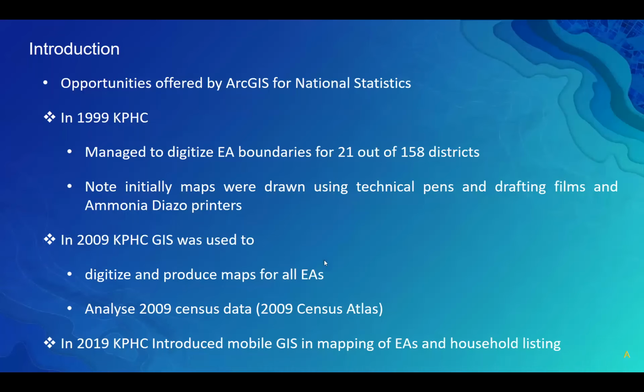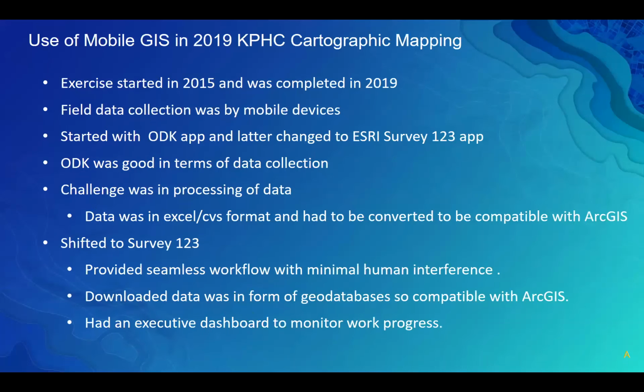And in 2019, as the DG said, the use of ArcGIS has improved over the years in KNBS, we introduced what we call mobile GIS in mapping of EAs and household listing in the entire country. I won't get into details because Laban has really taken us through on how Survey123 works, and it really worked for us. But I want to say in 2019, KPHC, the cartographic mapping started back in 2015